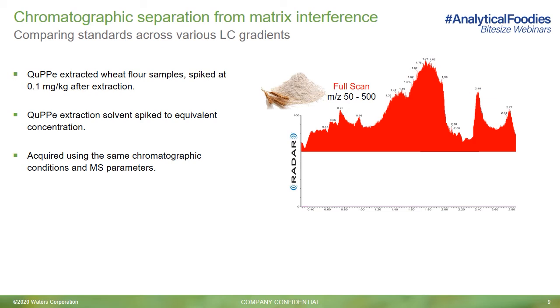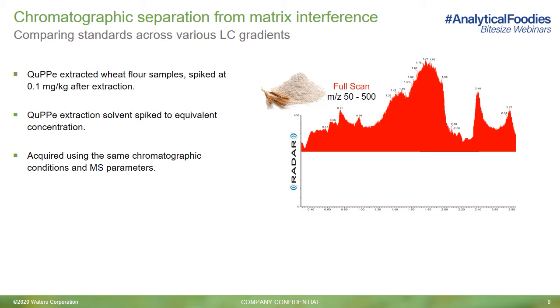One more approach that can aid in reducing matrix effects is optimizing the chromatographic separation of your analytes of interest from the co-eluting matrix interferences. If we can reduce the components arriving into the source simultaneously, then we can minimize the competition for ionization and improve droplet formation and desolvation.